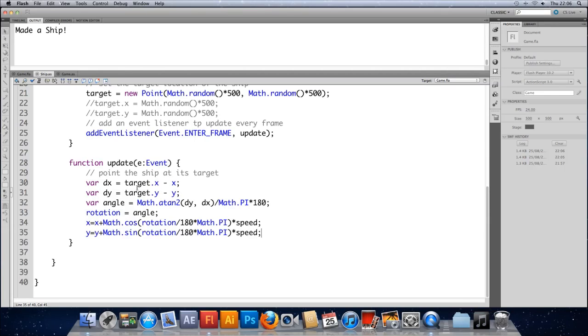What we can do now is control it. So we'll make it pick a new target when it reaches its original target. I'm just going to drop a comment in here: Move in the direction the ship is facing. And here what we're going to do is figure out how close to our target we are, and if we're too close we'll pick a new target. So we'll calculate the distance to target,